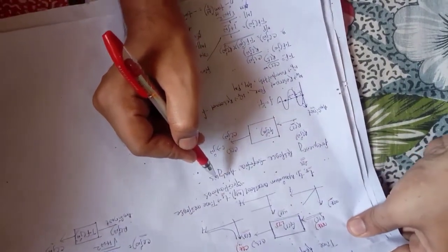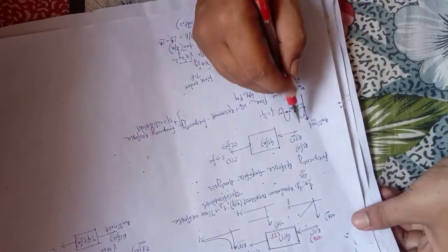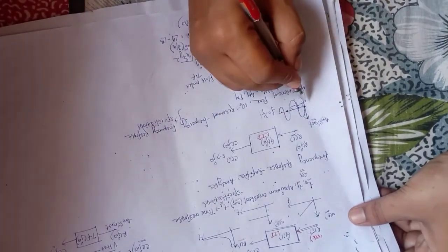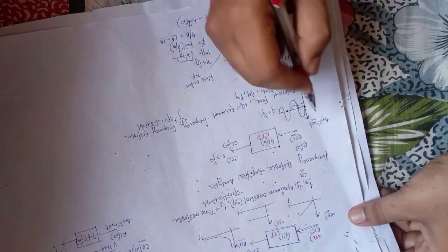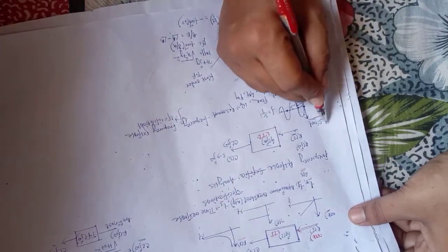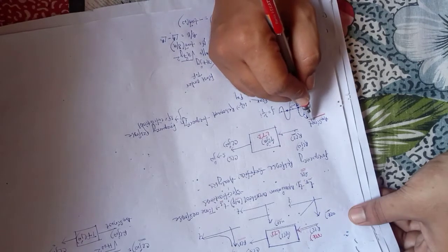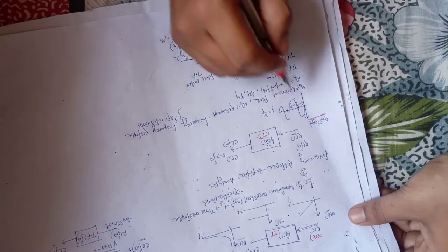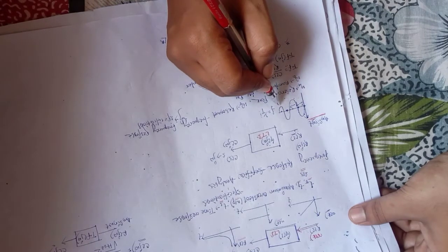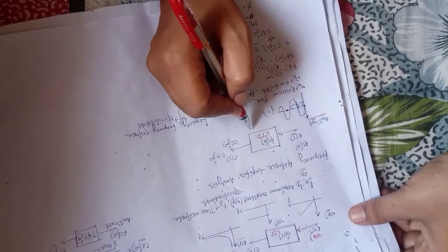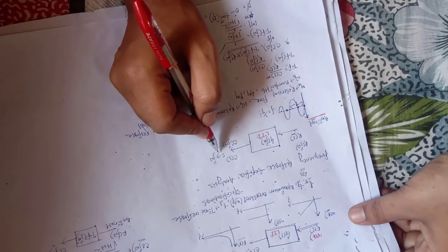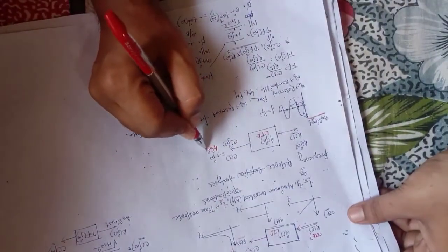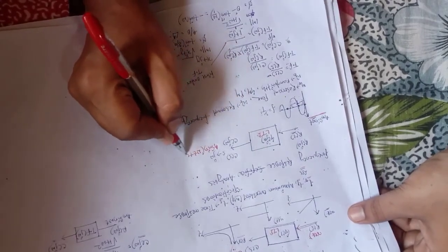Then let us move to frequency response. Whenever the input applied to an LTI system, linear time invariant system, is a sinusoidal signal, as we know, a sinusoidal signal is represented as AM sine omega t, where AM is the maximum magnitude. Here there is a term omega. Omega is called angular frequency. So whenever the input has a frequency term and it is given to an LTI system, we will get an output which will be A into sine omega t plus phi.